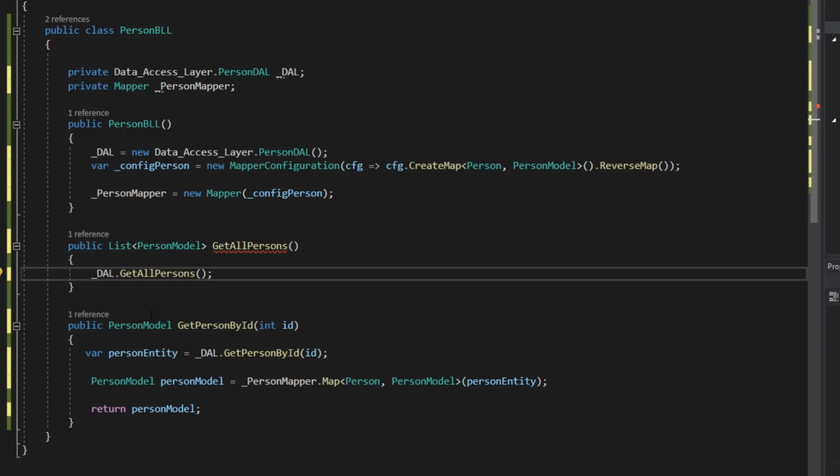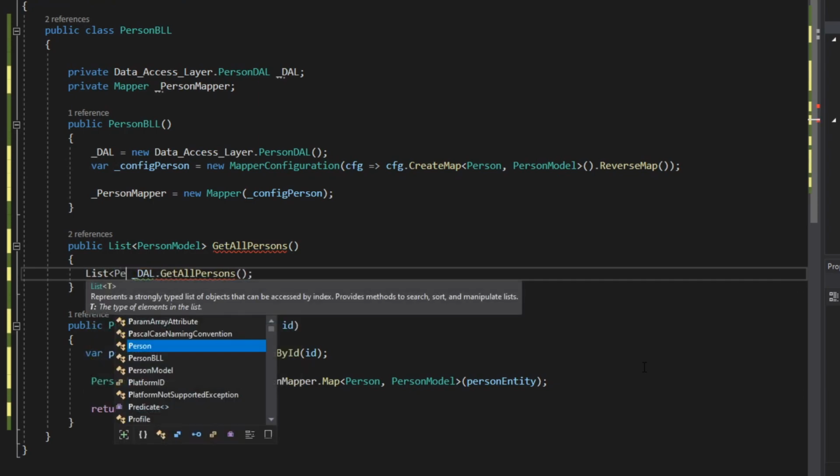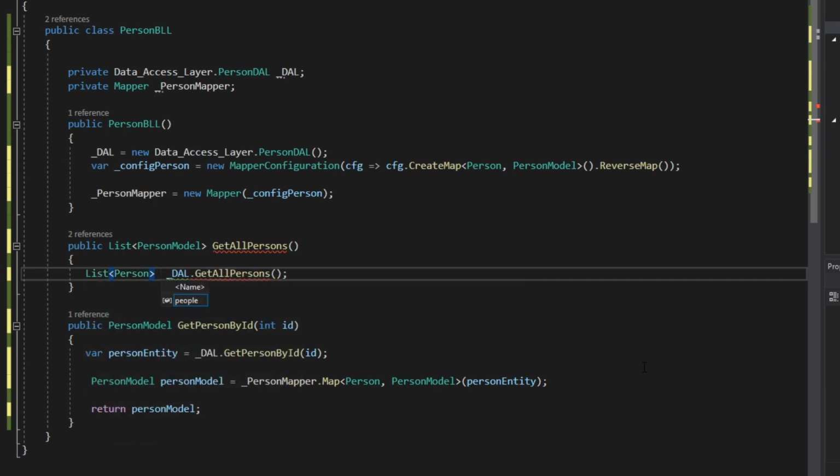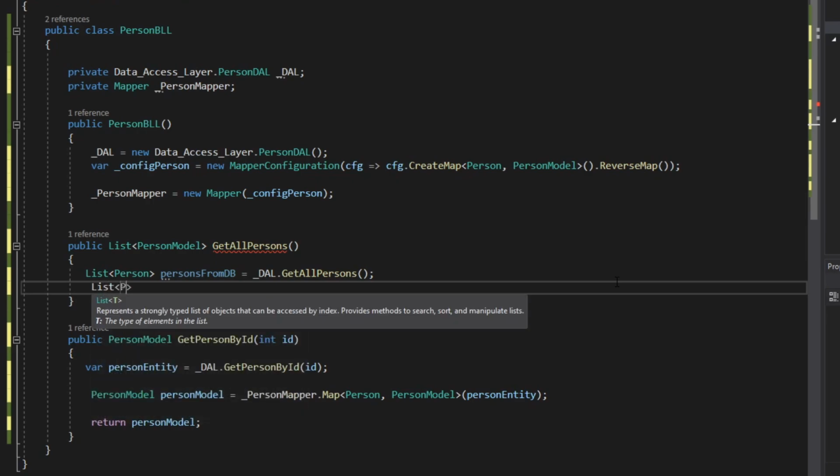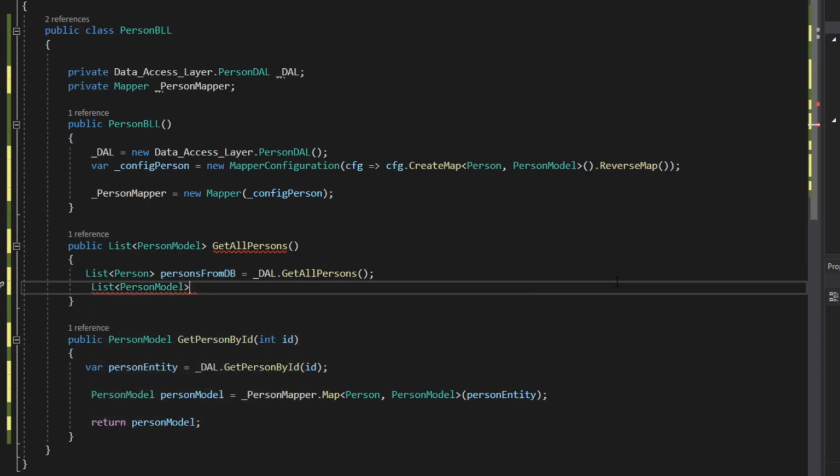Let's go back to this one. This is a good example because here we're mapping a list, so I want to show you that we can actually use lists as well. So here if I say person, since a list is a list of person, I'm gonna say persons from DB, just so you know the difference. This is the entity auto-generated, and now I'm gonna create the model list. So list person model, I'm gonna call it persons model